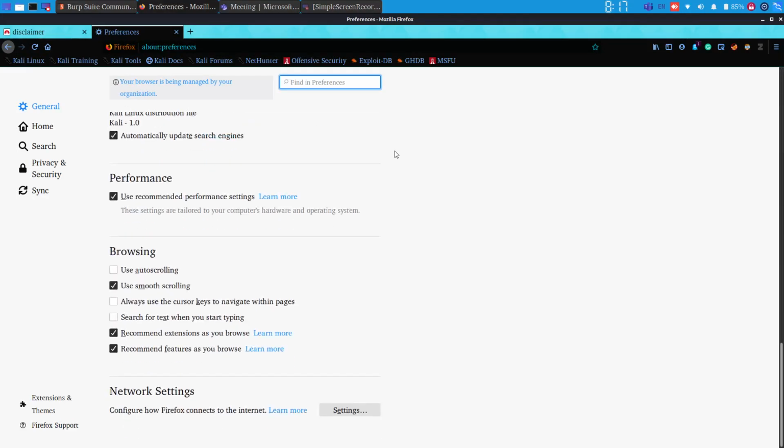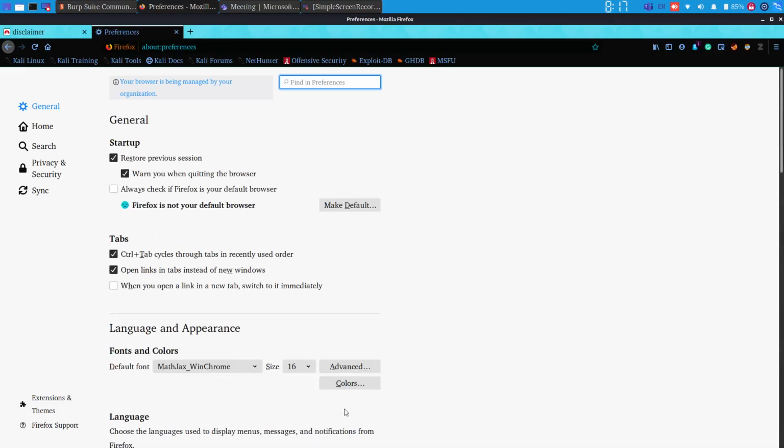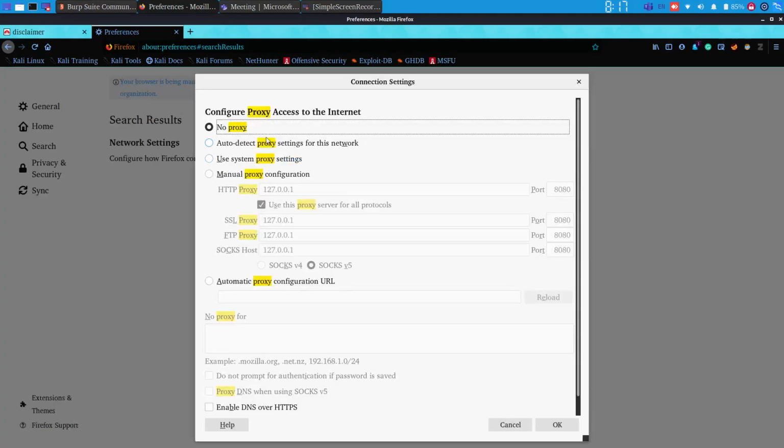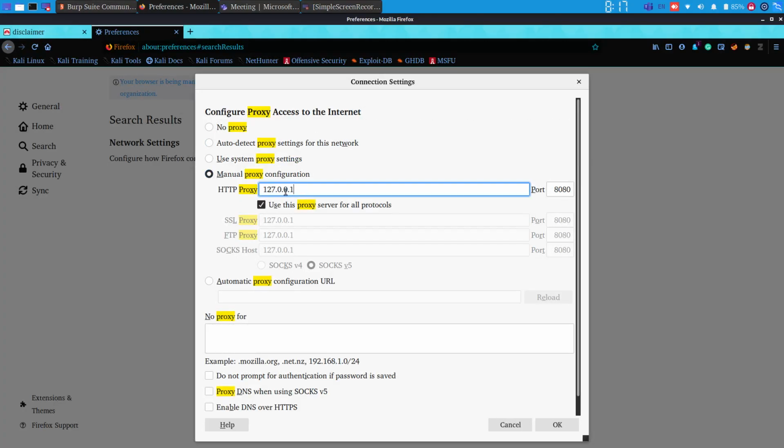When you go to settings, there are a lot of different settings available, so you can directly search for proxy settings. When you search for proxy settings, you get this. In this you can go to manual proxy configuration and give the IP address at which your Burp Suite is working.